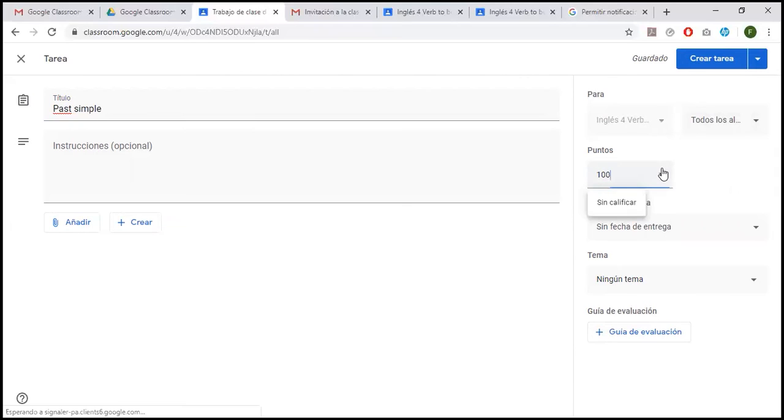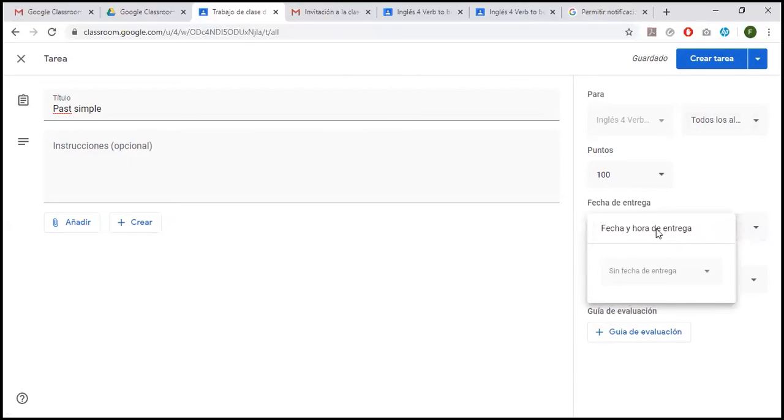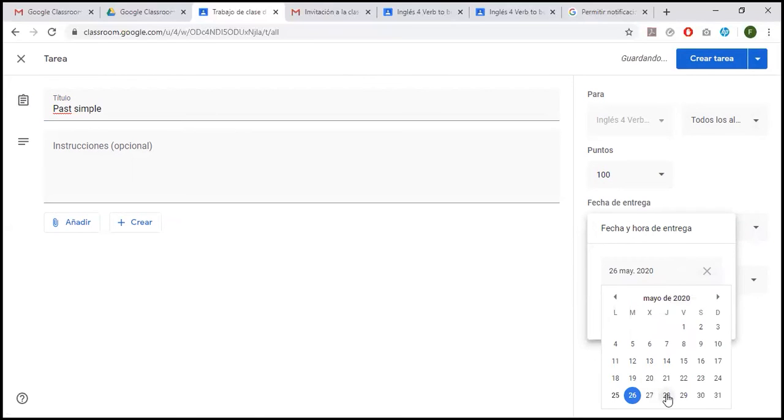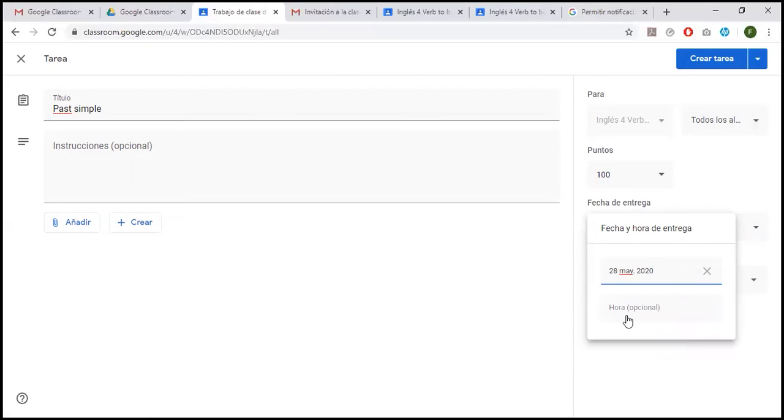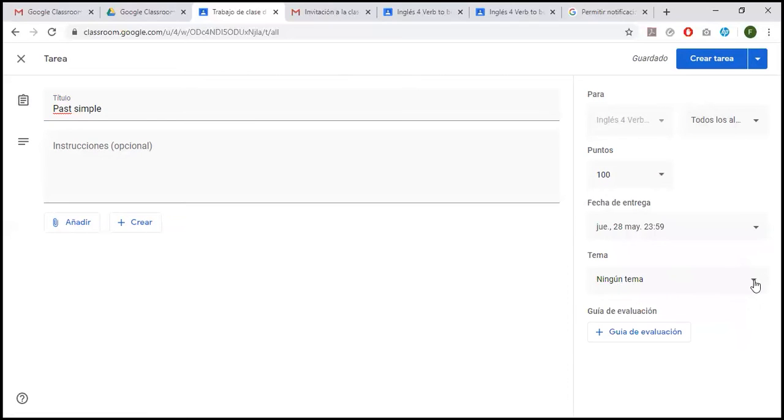You can choose the number of points you want to give to this activity. You can set up a due date, either date or hour. So let's say this will be for May 28th at 11:59. We can choose the topic, which in this case is verb to be,